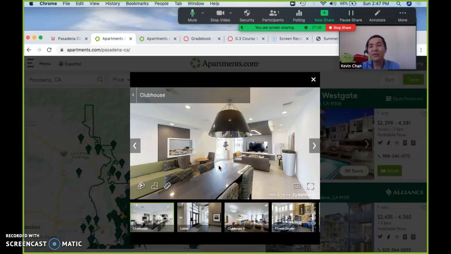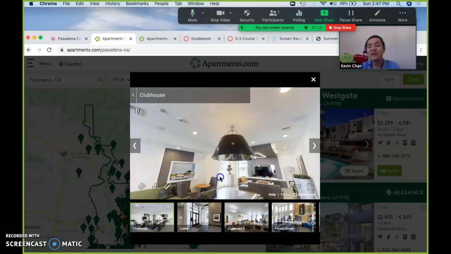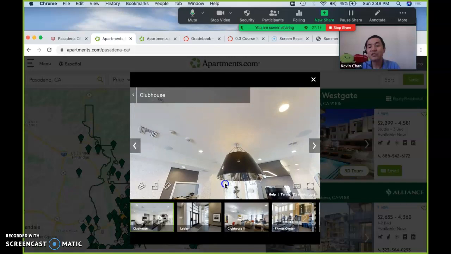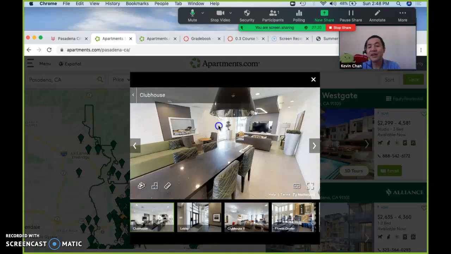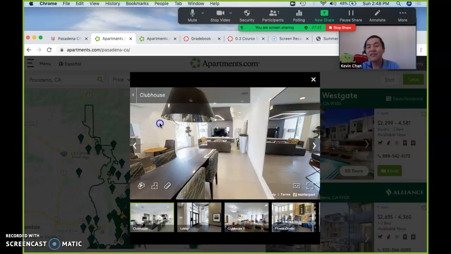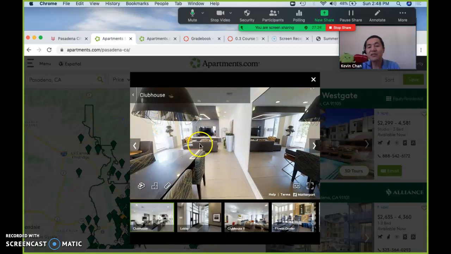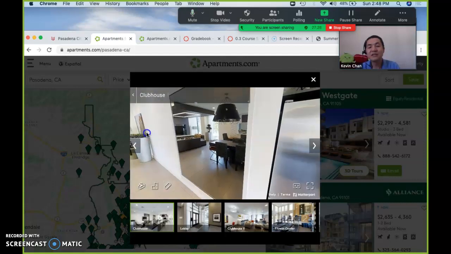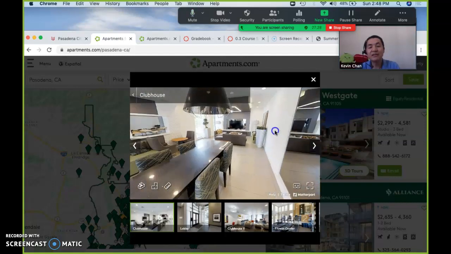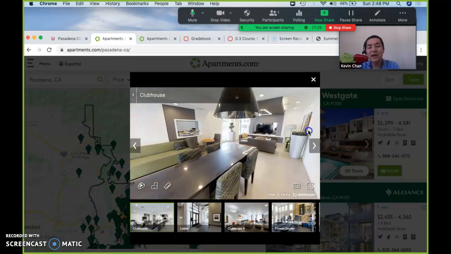Notice how I can rotate around to see an entire panoramic view. So I click up, it brings me down. I click left, and it rotates around. And if I click right, holding down the mouse, I can shift left.